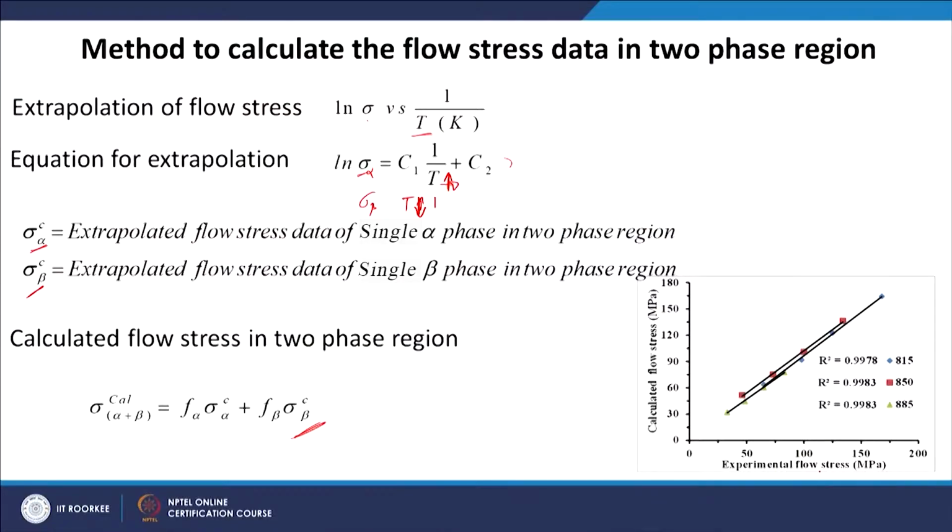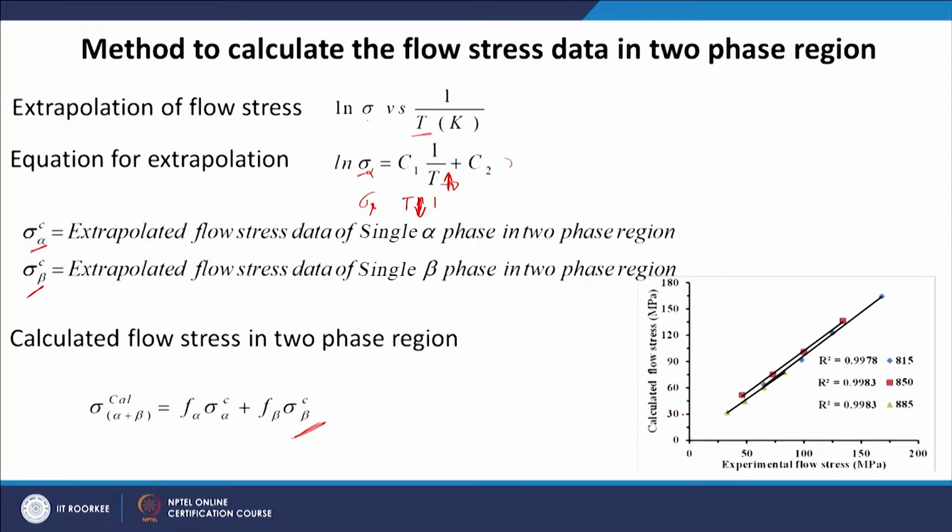Okay. So, these are the experimental flow stresses and calculated flow stress, just to see whether we are not very off from the actual flow stress values. Of course, the scales are different here. So, please be careful, this is not at 45 degree. So, it is not exactly the same stress. If it is exactly the same stress, then it has no meaning. Then we should get the same processing map as what we are getting from the experimental values.